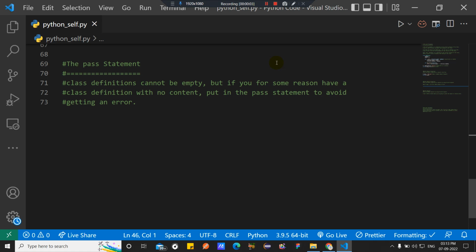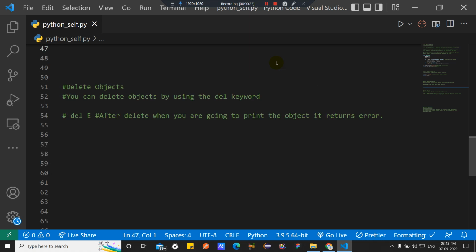What is the pass statement? A class definition cannot be empty, but sometimes we need one. There is a class statement, meaning a class definition, with no content. So if you declare a pass statement, you avoid getting an error, okay. So if you declare like